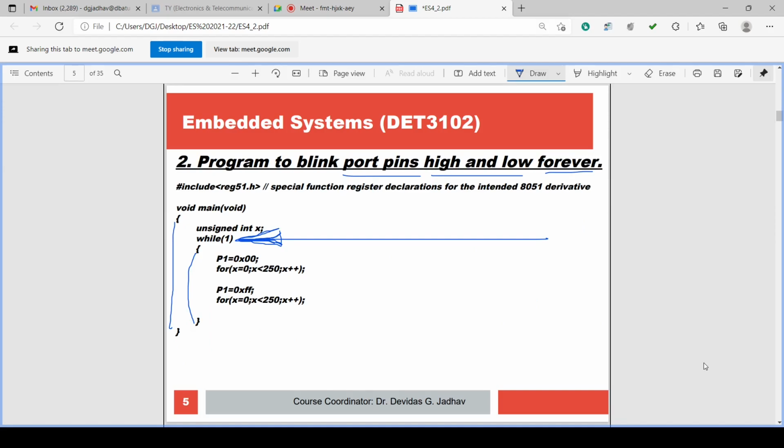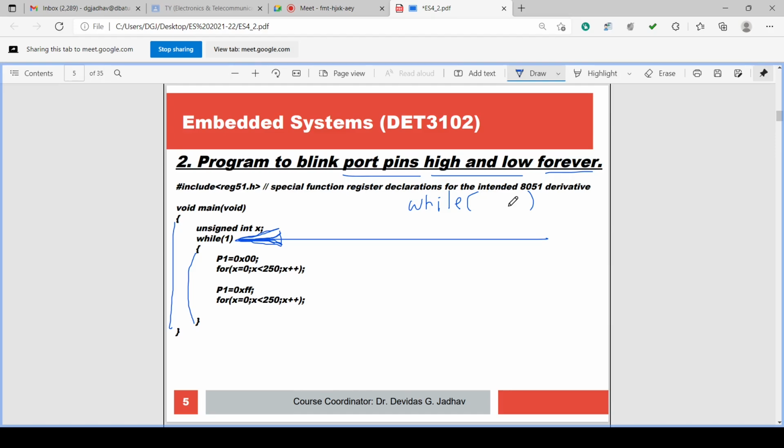So both for and while are forever. Here while 1 means it is always true, so the condition is always satisfied. In the round brackets of the while there is a condition check. If the condition is true, the while executes. If the condition fails or is false, it will break and go out of the while loop.